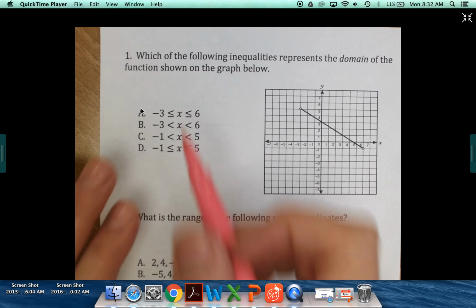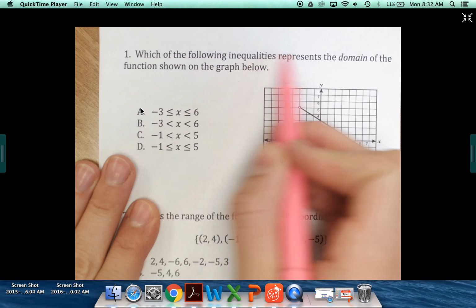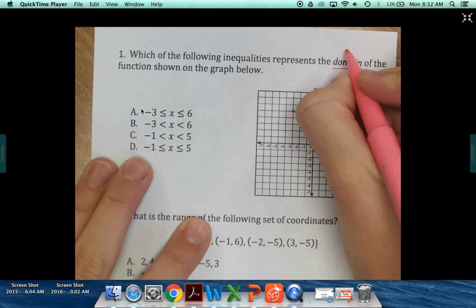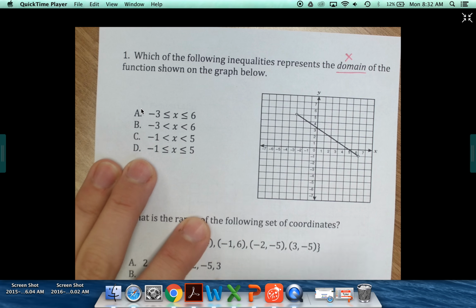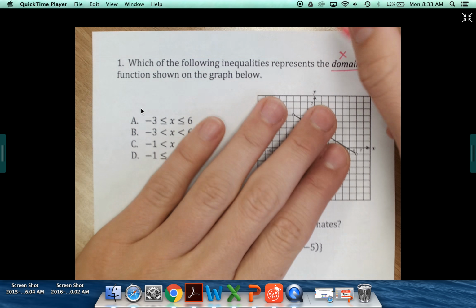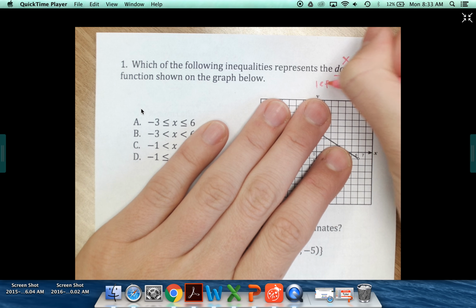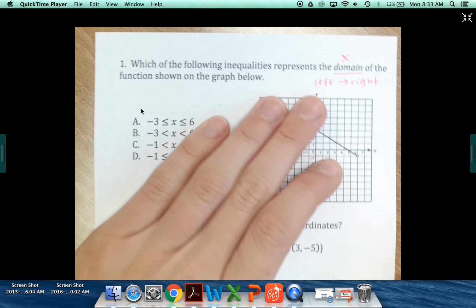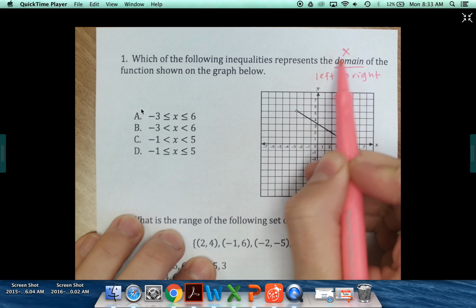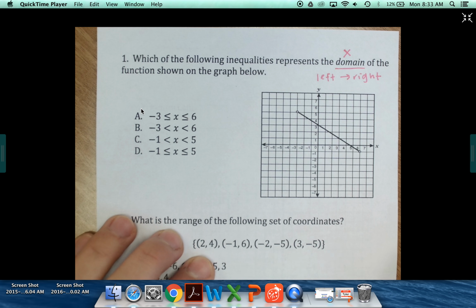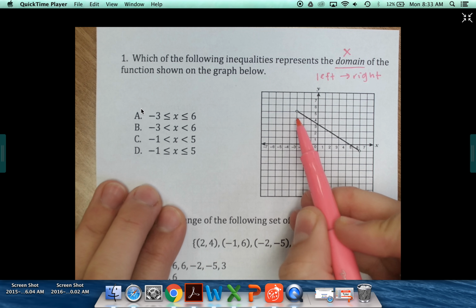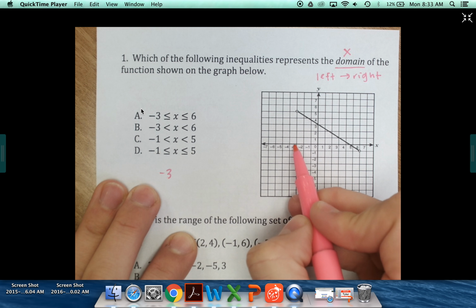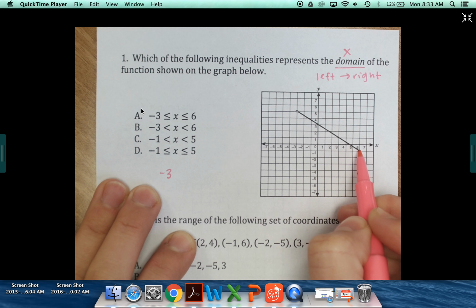Looking at number 1, it says, which of the following inequalities represents the domain of the functions shown on the graph below? First of all, we know domain is x. Domain is talking about our x values, and we read the domain from left to right. So the furthest left value on this graph, this line goes back to -3 and all the way over